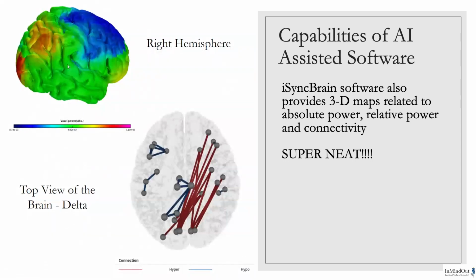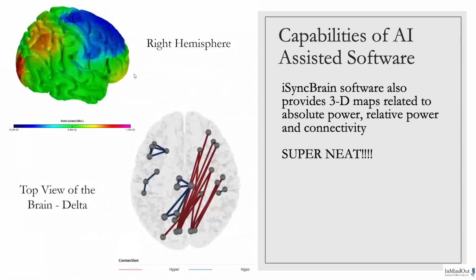Then this tells us that in this individual's brain, there is not a lot of delta up here. Most of the delta is back here, and where it's green, that is where, compared to the rest of the brain, there's not an overabundance,